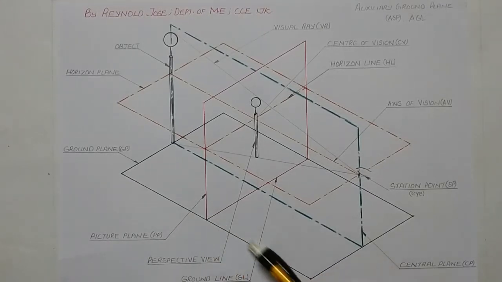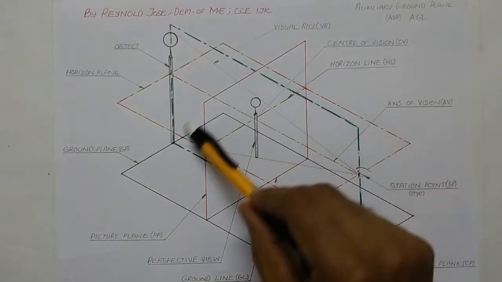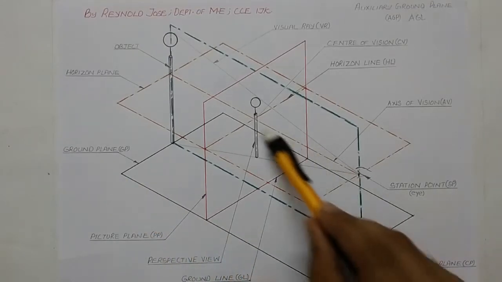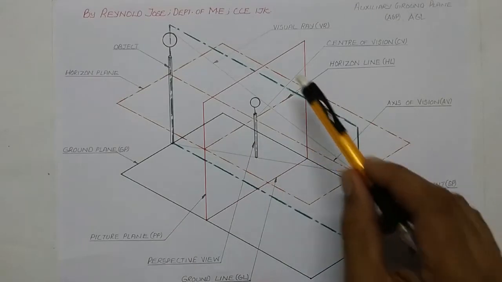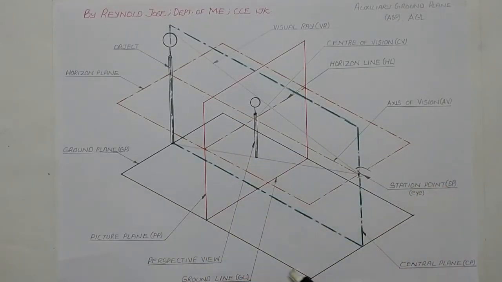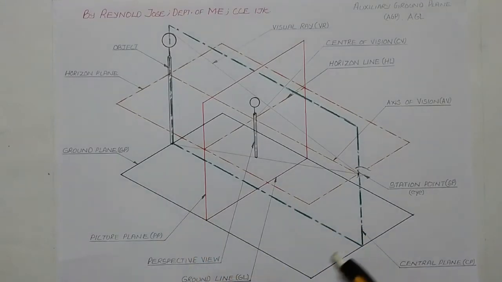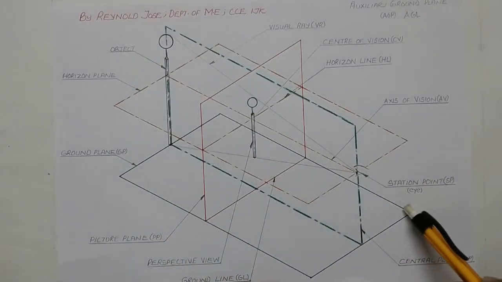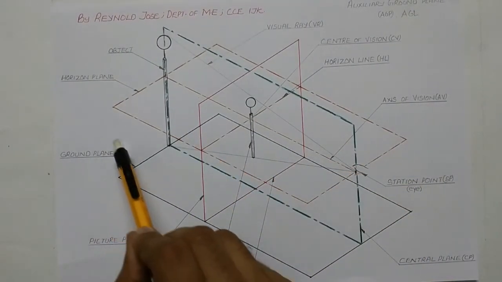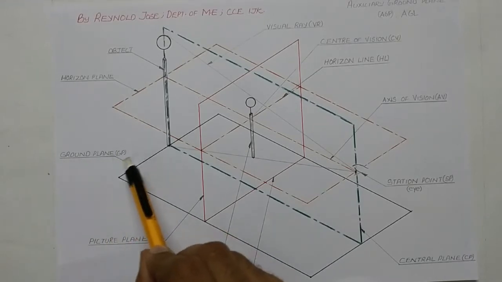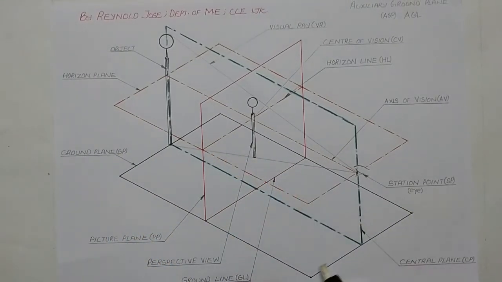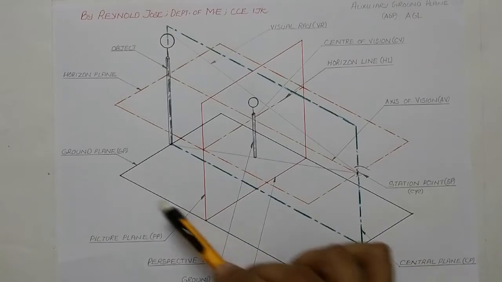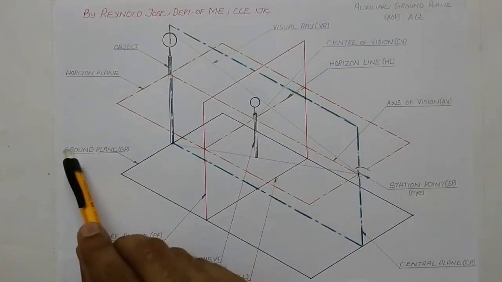Here I have drawn the 3D-like representation of how to get a perspective projection. Here you can see a black colored line, something that is of a 3D nature. At the bottommost portion, I have drawn a transparent plane. This black colored surface is representing a transparent plane, and this plane is known as the ground plane, or in short GP. It is usually on the ground plane that we will be keeping the solids or objects. So this is the first plane that we have to learn, and this is known as the ground plane.